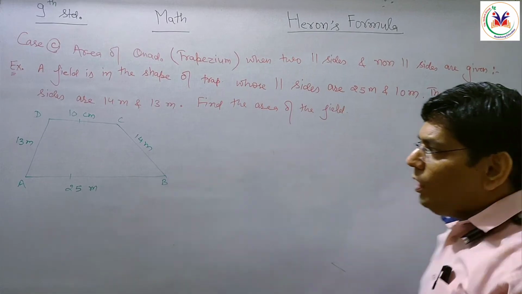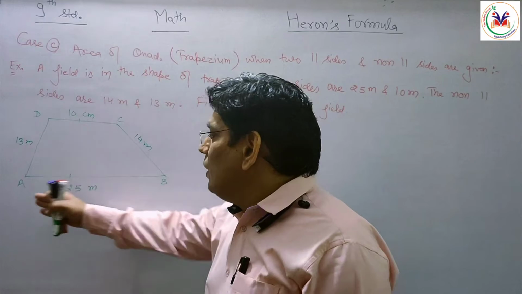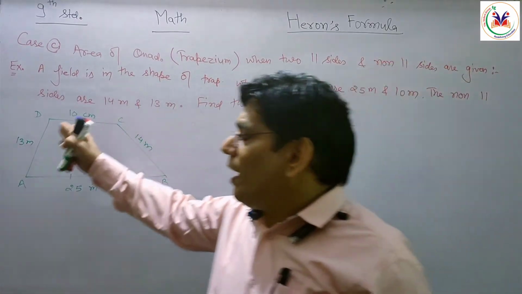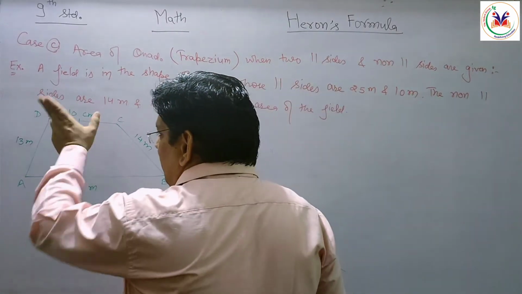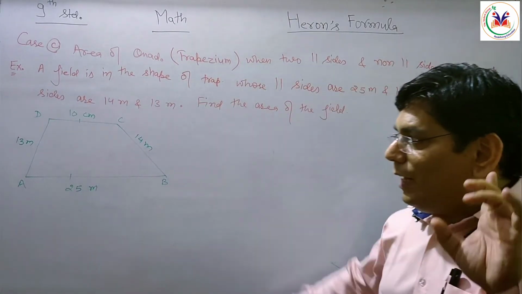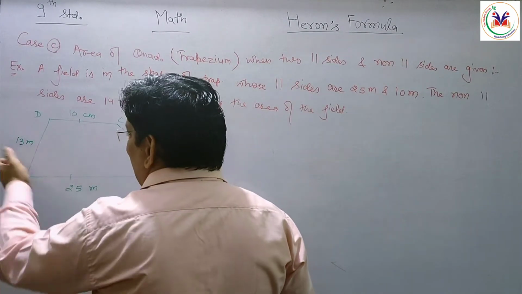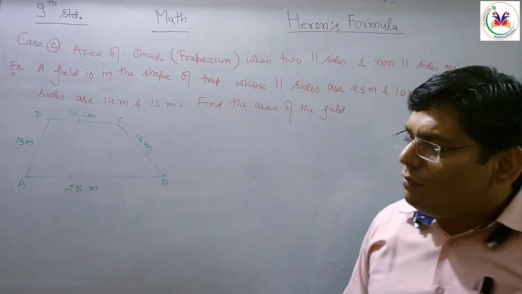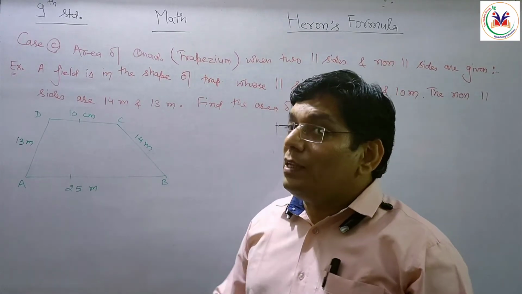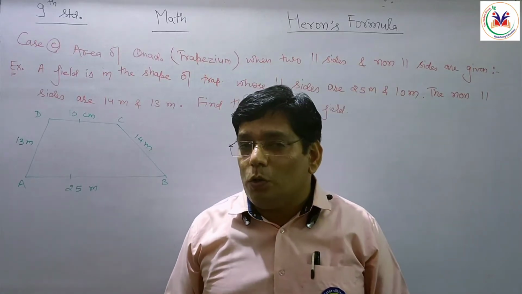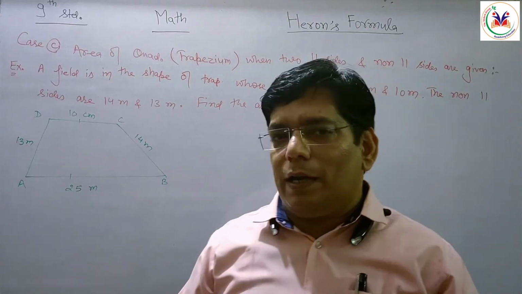So first of all we have to draw a rough diagram, as we are doing previously also. So first of all we have to draw a rough diagram of trapezium ABCD in which AB is parallel to CD, clearly mentioned because that is a trapezium. And the non-parallel sides, these sides are non-parallel. First one is 13 and the second one is 14. So that is the basic intro of that question. Now जब हम solution की बात करते हैं, as I told you कि इस question में थोड़ा सा interesting point ये है कि हमें कुछ something different करना पड़ेगा इस question में.